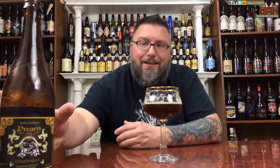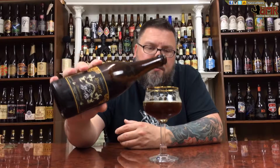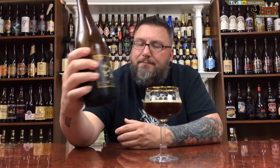Those dates I was getting in the nose, not really getting in the mouth. But that pepper I didn't get in the nose, I'm getting in the mouth tenfold. So yeah, a little bit of unbalance just kind of keeps it from being a world class beer. Rating wise,